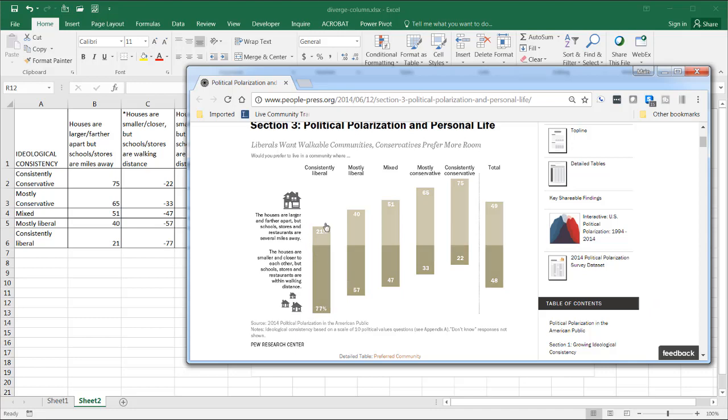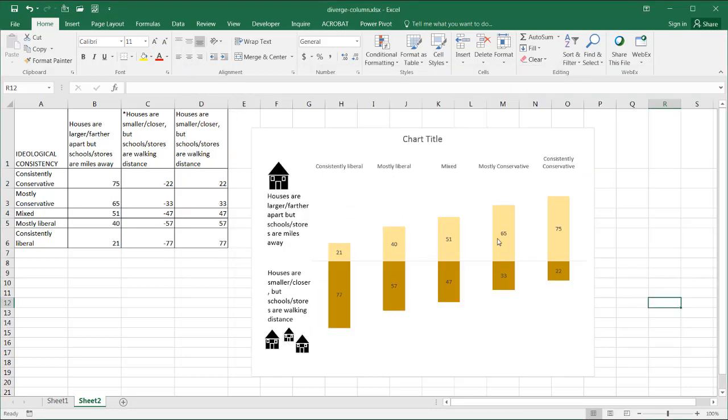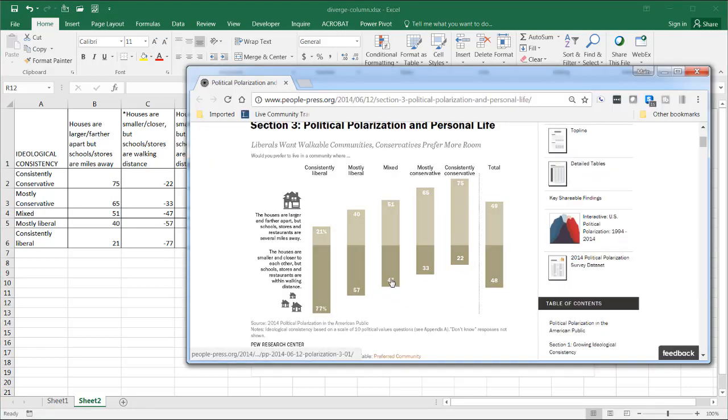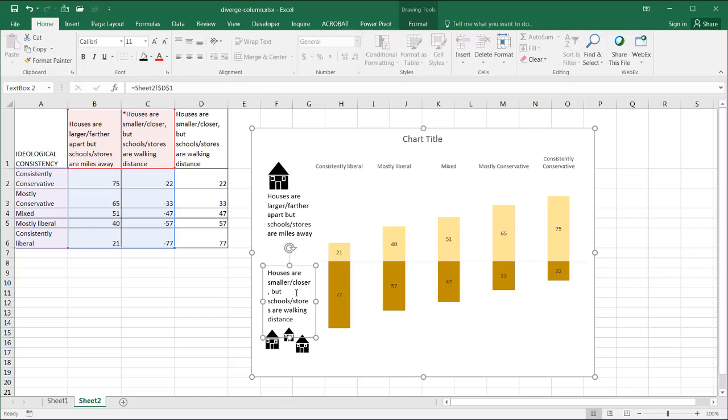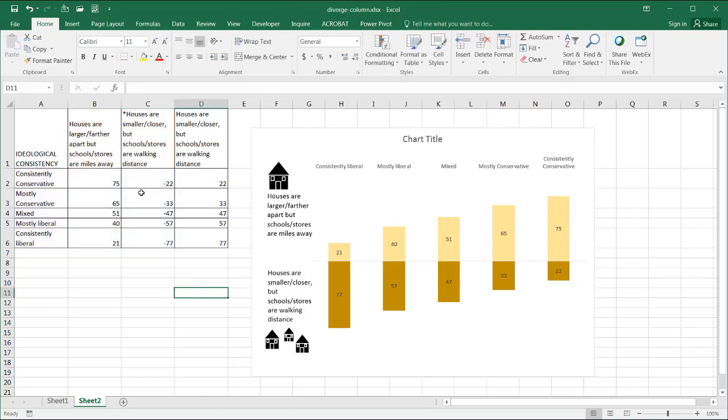So we have our 21% to 40. You can see that it goes there. We have our 77, 57, and our text here. We can probably change this, move it up a little bit so it doesn't look odd like that, right? And if we want to turn these all into percentages, what I can do is just type in